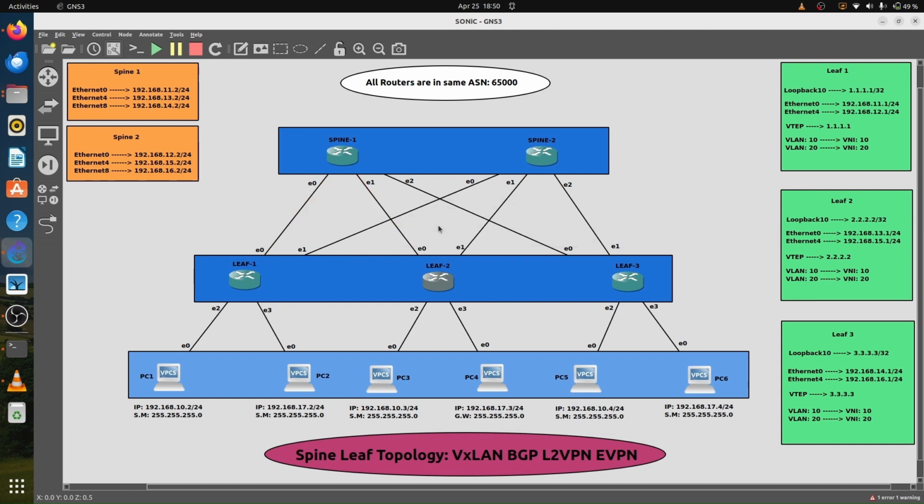Now for spine switches I'll make these switches as a neighbor of leaf 2. Now for leaf 2, 13.2 and 15.2. First 13.2